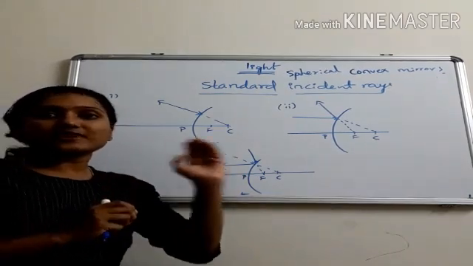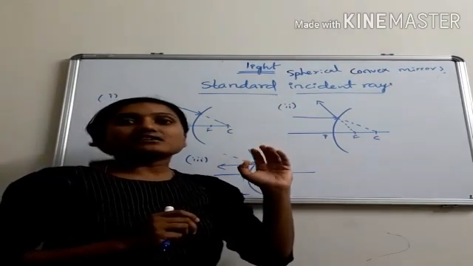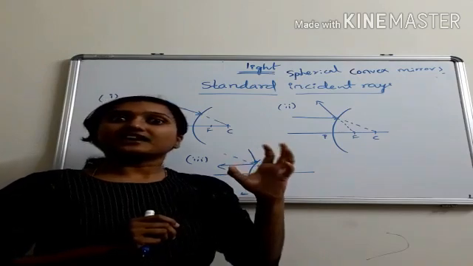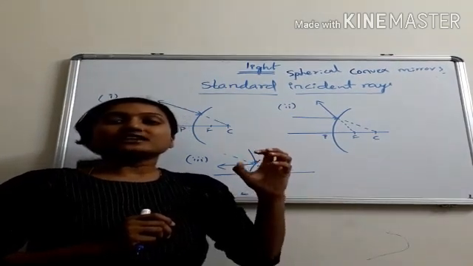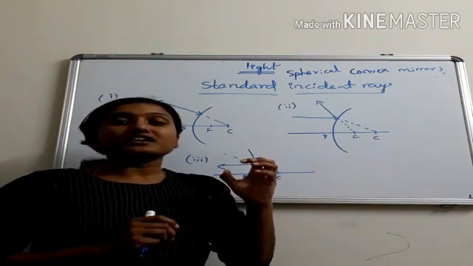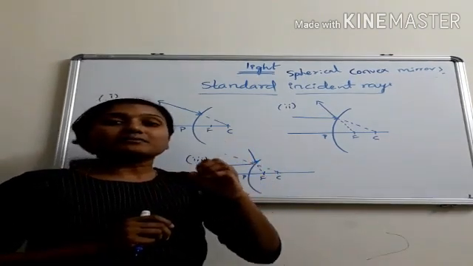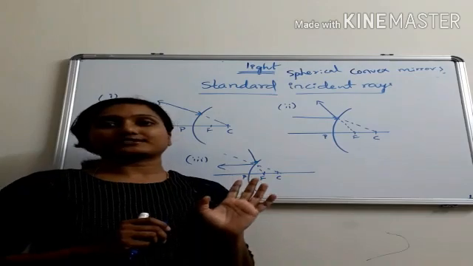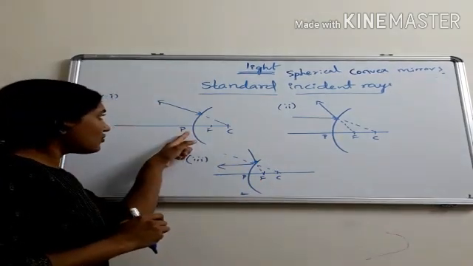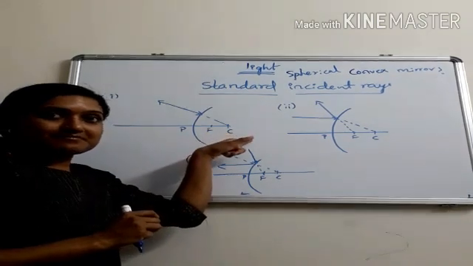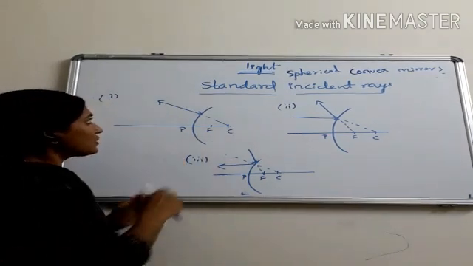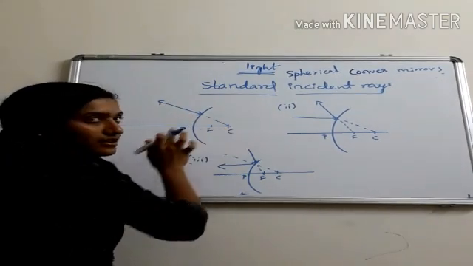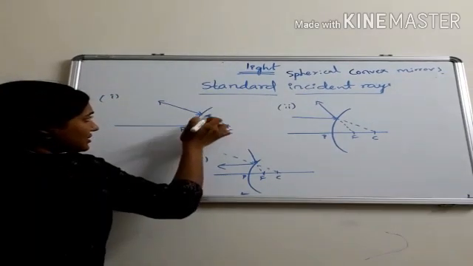In case of concave mirrors, the light rays are converging. In case of convex, light rays are diverging. In the concave mirror, the image will form in front of the mirror. In the convex, the image will be formed behind the mirror. Clear? So now the image is forming behind the mirror here. So in the convex mirror, when the light is passing through the center of the curvature, here this is an imaginary line I drew.